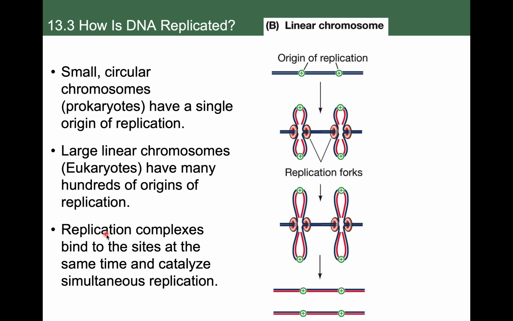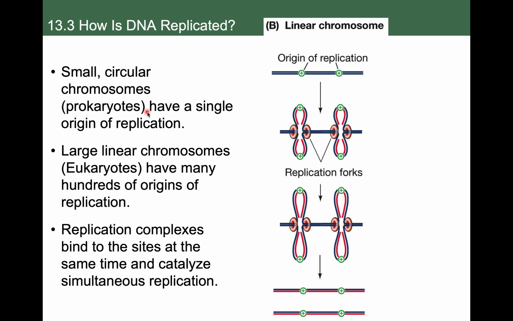And we started all this talking about this idea of an origin of replication, and I wanted to come back to that and just make the point that in prokaryotes that usually have very small chromosomes and usually just have one circular chromosome in most prokaryotic cells, bacteria for example, those organisms just tend to have one origin of replication. So on that circular DNA molecule, there would just be one point where this replication bubble starts, and then the bubble would proceed off in both directions until it had gone all the way around the circle,